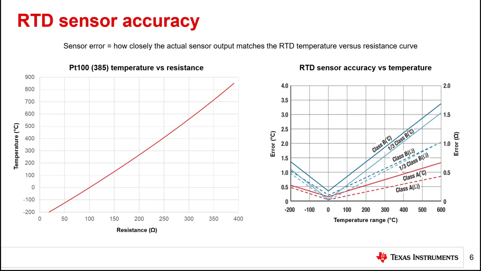RTD sensor accuracy can only be removed by using the actual sensor in the calibration process. However, this also requires a high accuracy temperature chamber to ensure that the RTD is measuring a known predictable temperature. This is not practical in most cases, so most RTD measurement systems are specified by the error they contribute without the RTD. Then, it is up to the end user to decide which class of RTD to pair with their system.